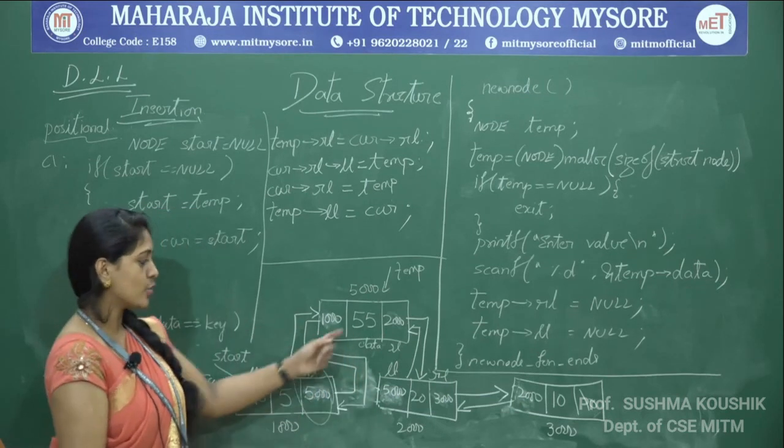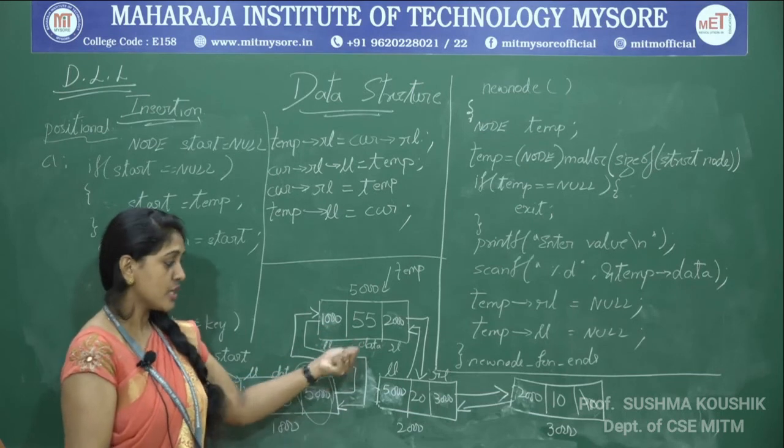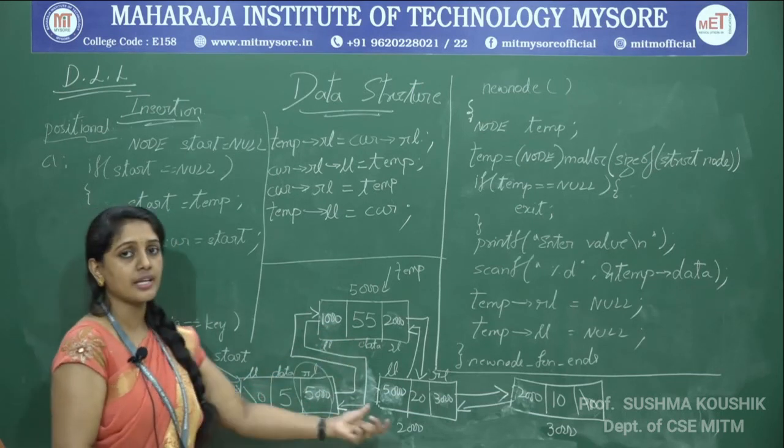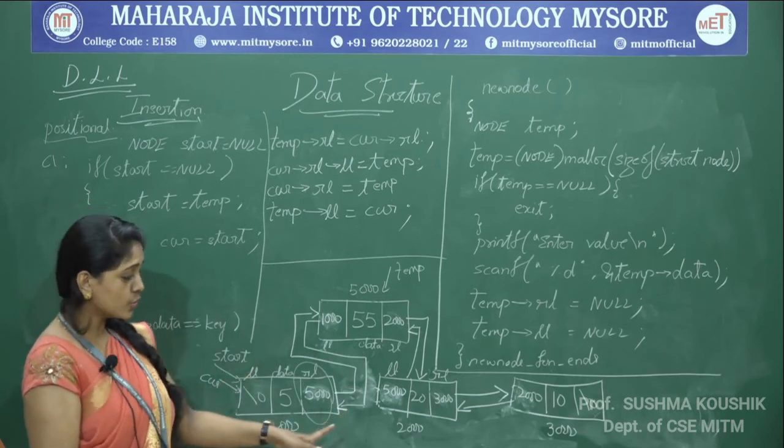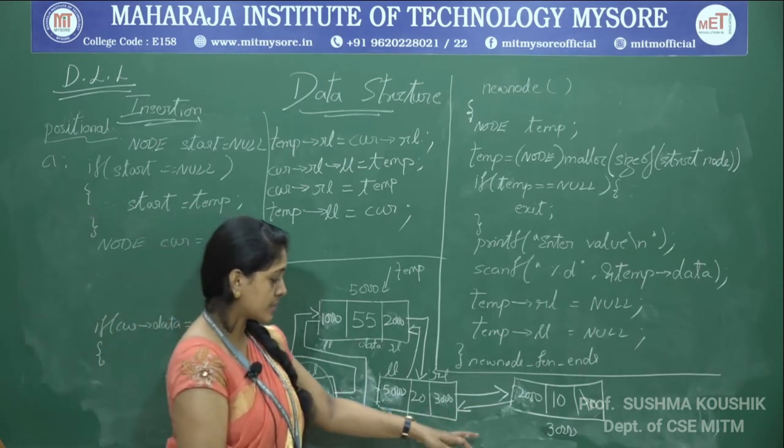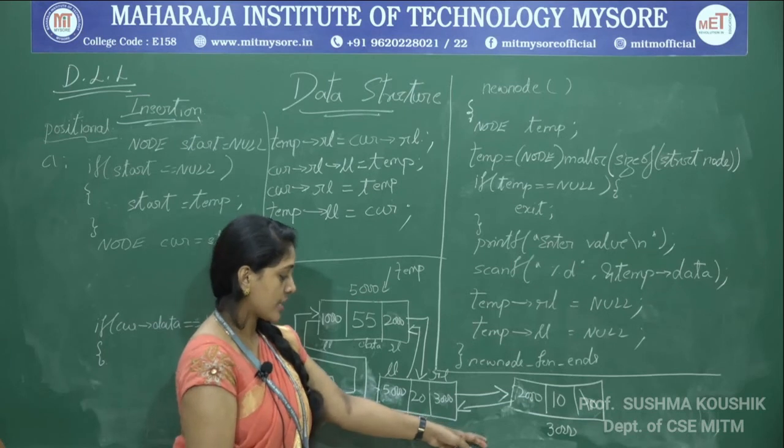Fortunately this node was here itself in the second position, so we did not traverse current anywhere. In the first position of current itself we got it. We will just assume that I want to do the insertion somewhere in this position.